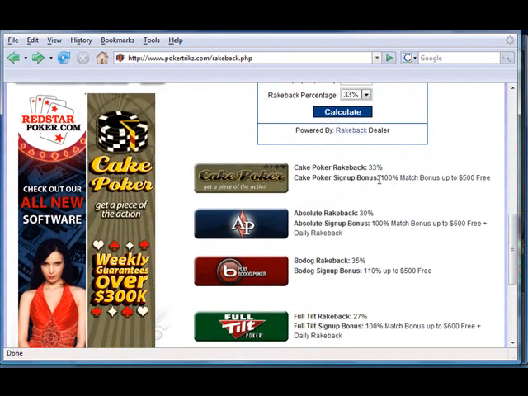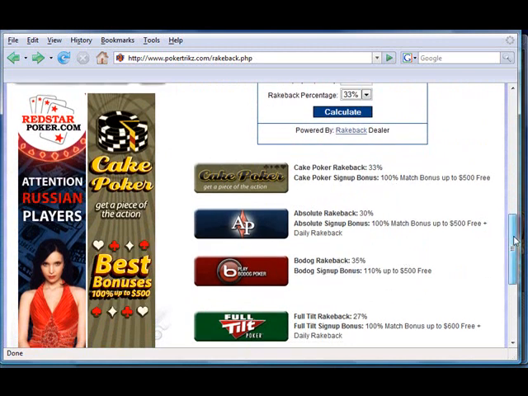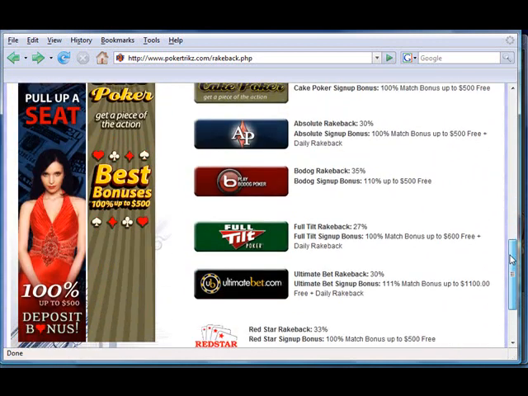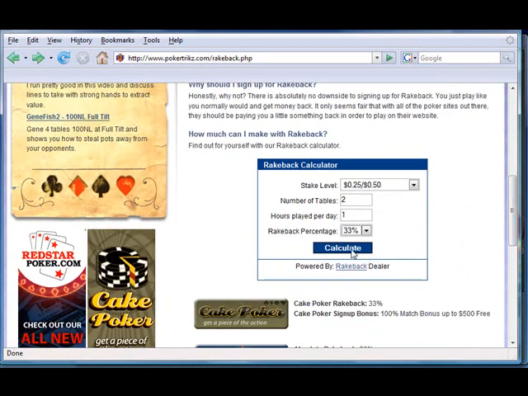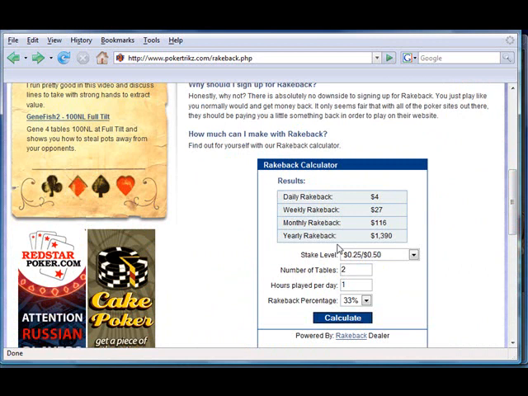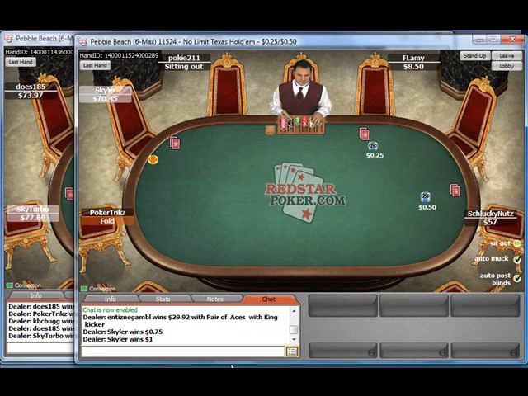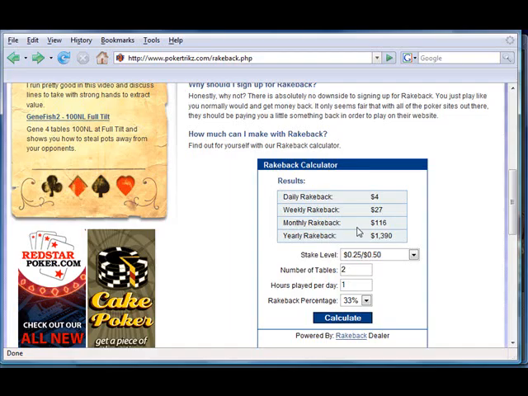As you can see, we have multiple deals. If you play at Bodog, you can actually get 35% rakeback. Whatever you want to do, you can just go ahead and click on these, and they'll tell you the exact steps that you need to do. Click Calculate, and this will tell you how much money you make. Again, these are pretty low limits, and you're only playing 2 tables, only an hour a day. But look, every month you'd be making